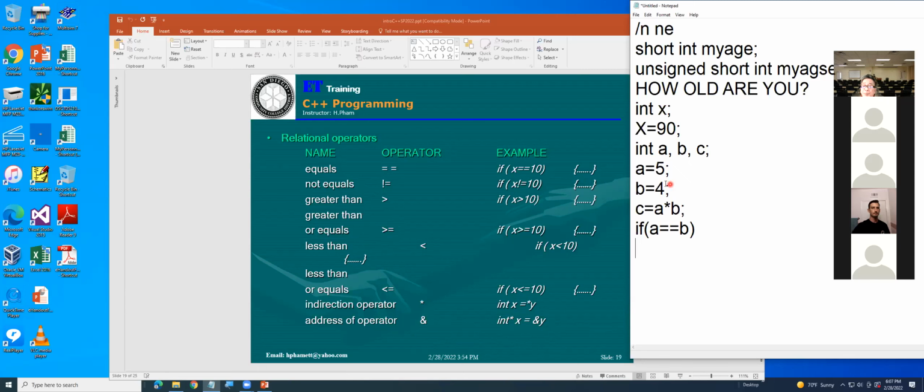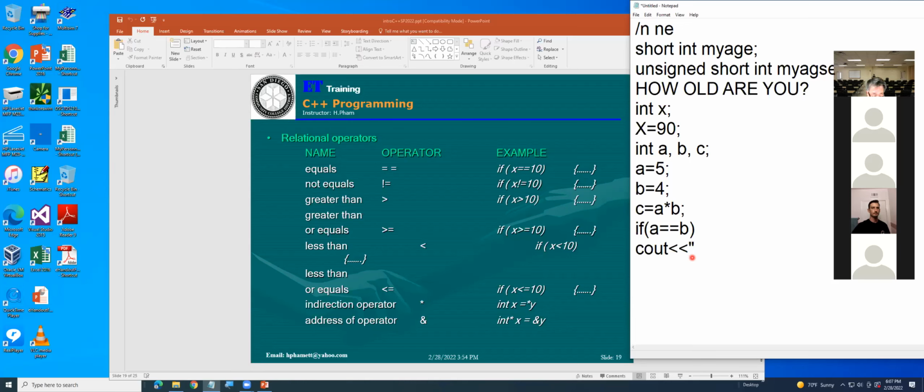In the example here, A is 5, B is 4. Okay, if I say cout, that one will be the insertion operator.